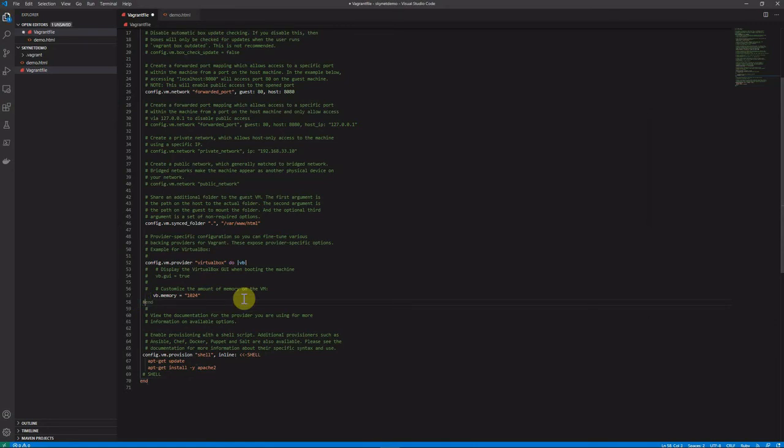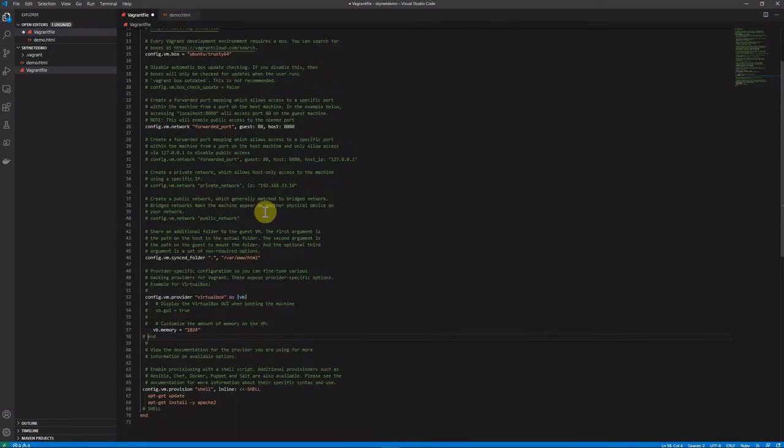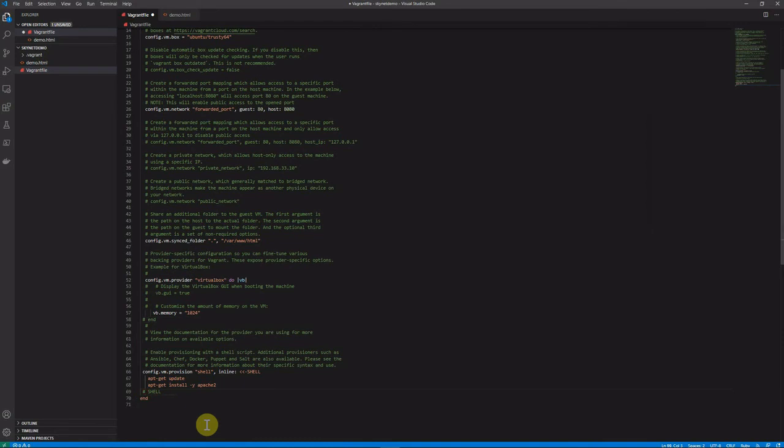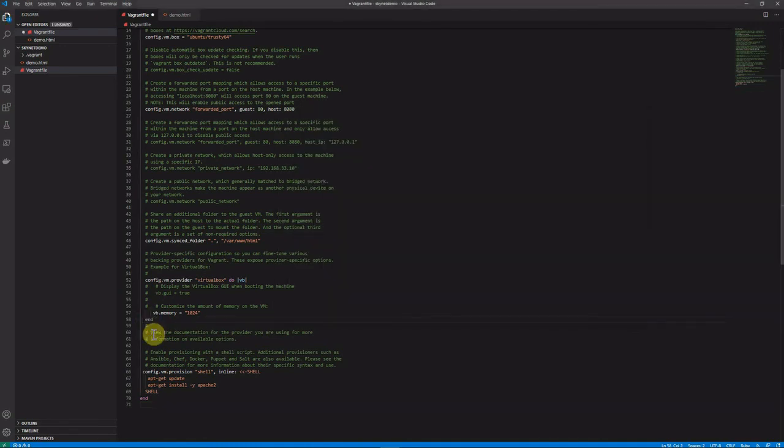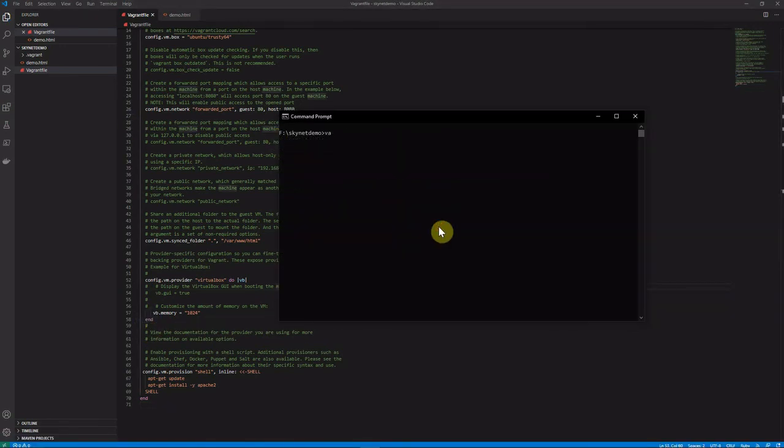So I want to comment this end also. Now we are ready with the Vagrantfile. So I need to issue the Vagrant up command.